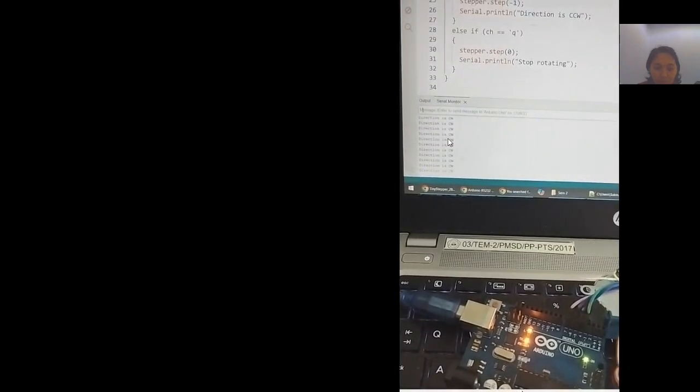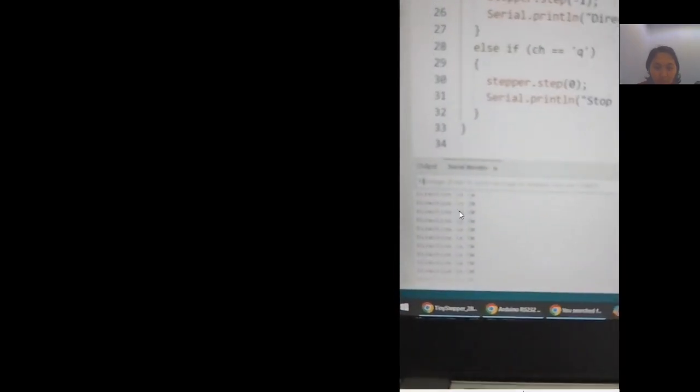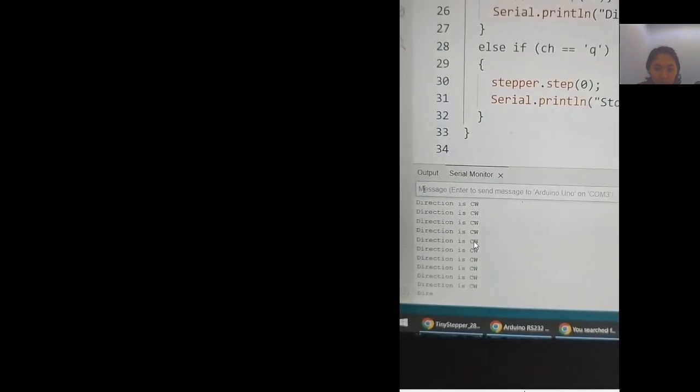And then we can see in the serial monitor that it moved clockwise. Direction is CW.